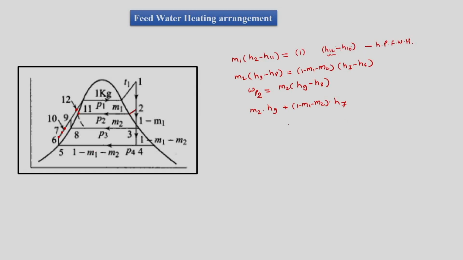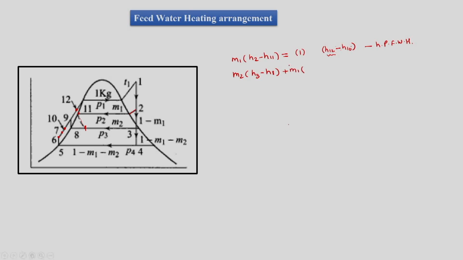We have to remember one thing, that this is drain cascade backward. So M2 mass is losing its enthalpy. For the low pressure feed water heater, we have to state it like this: M2 mass is losing its enthalpy from H3 to H8, but there is M1 mass